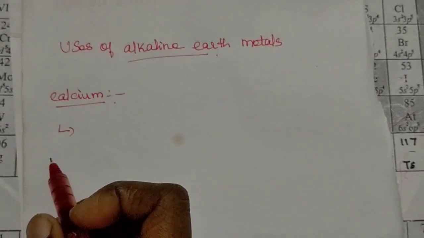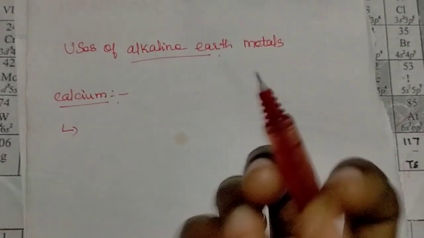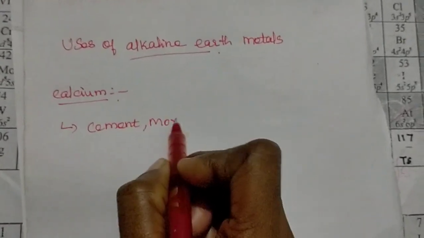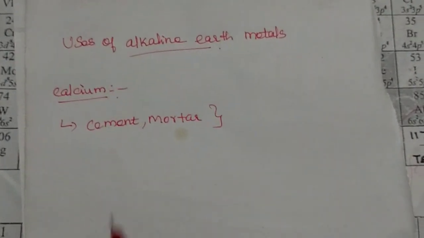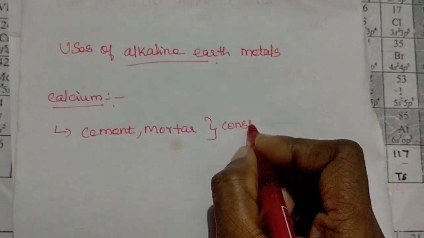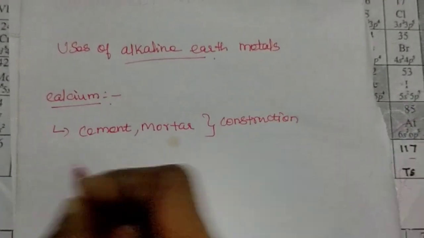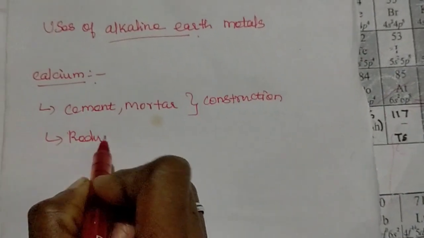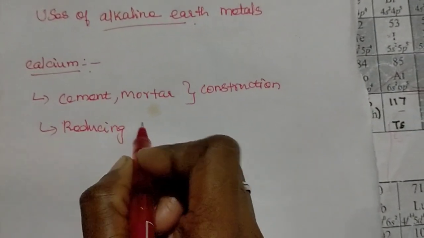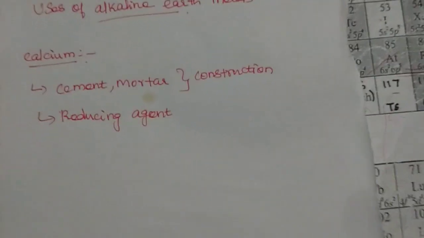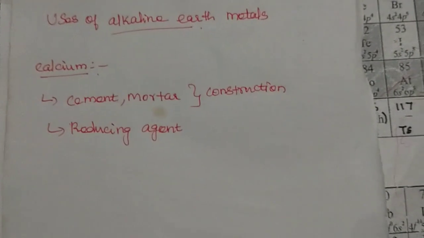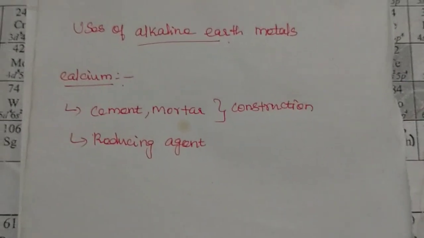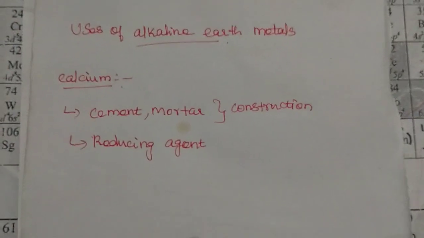Mostly calcium is used for making cement and mortar. Cement and mortar are mainly used for construction works. The next use is as a reducing agent. Calcium is used as a reducing agent in the metallurgy of uranium, zirconium and thorium. That means to separate out uranium, zirconium and thorium from the ore, from their minerals, we use calcium